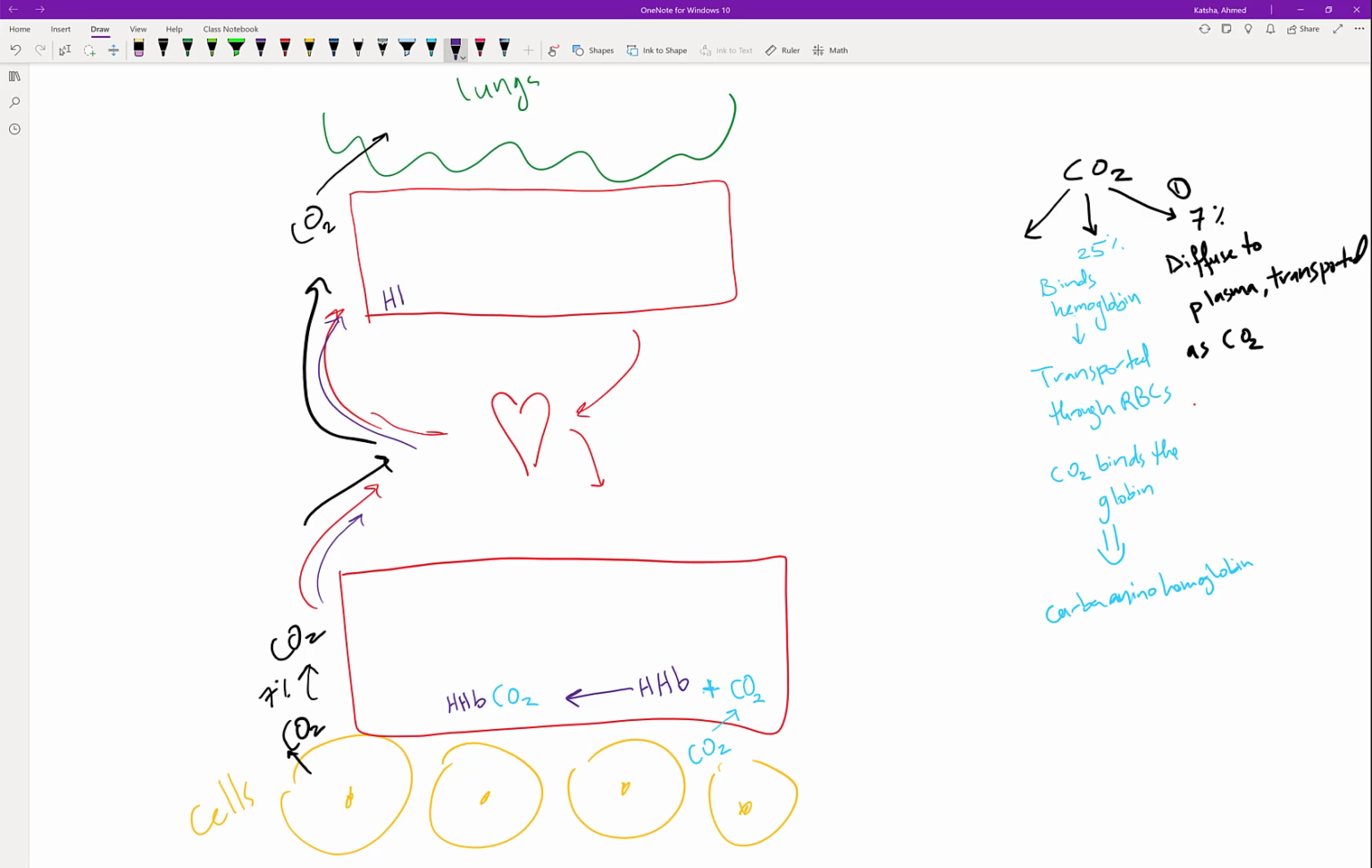We will have here HbCO2. This reaction will break down into hemoglobin and CO2, and this CO2 will move to the lung. And we said this is around 25% of CO2 transported through the body by binding hemoglobin. The third way, which is the most challenging way to understand, is the bulk of CO2. We're talking about maybe 70% of CO2